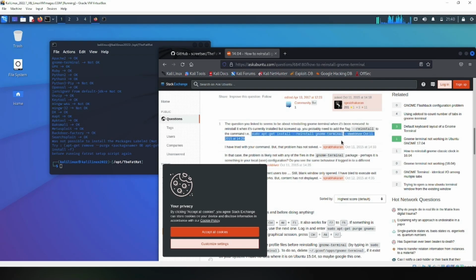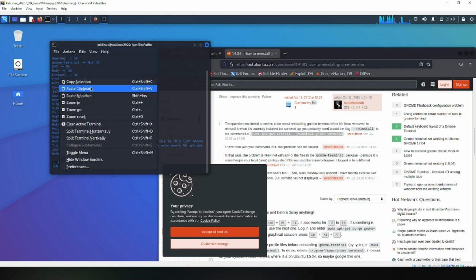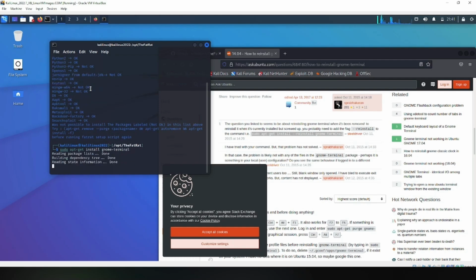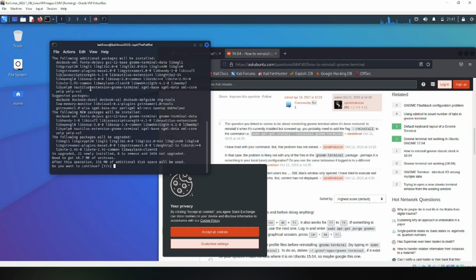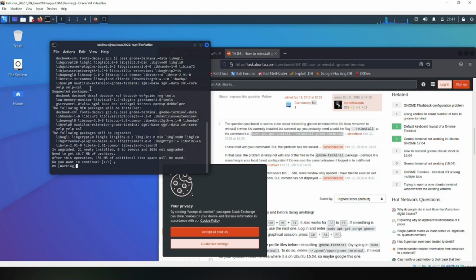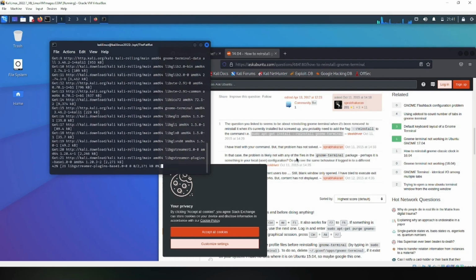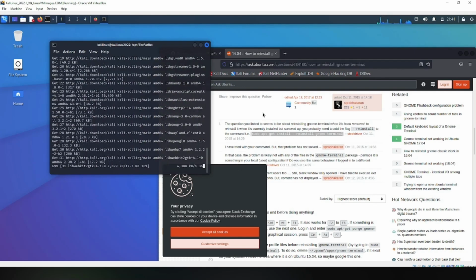And it is a command here: sudo apt install rinse. So I copied it, and I will paste it here. So this is how you are going. I will delete "reinstall" from it because I don't think I have GNOME terminal here. So sudo apt, if I hit enter, see, it's asking if you want to install it. I'll say yes. So this is how you're going to find all the packages and their commands on your browser